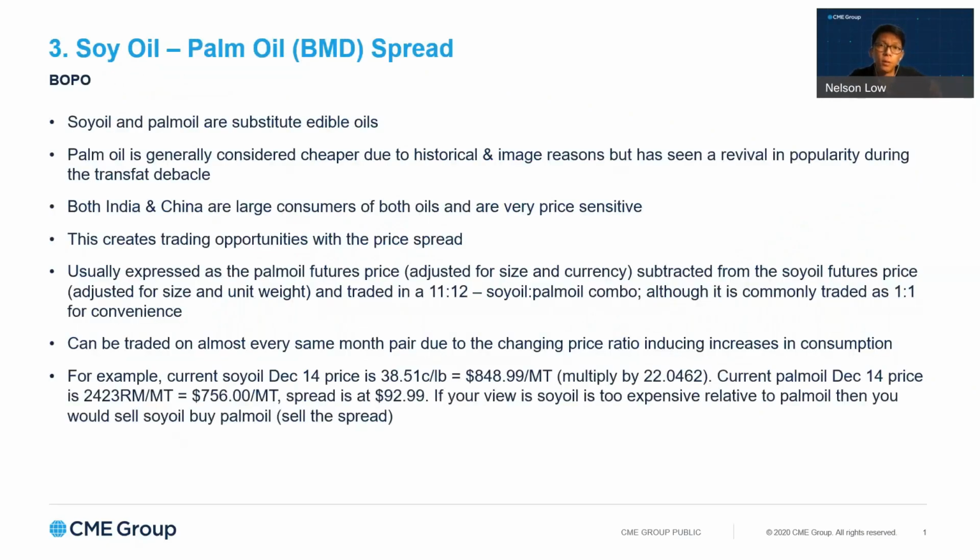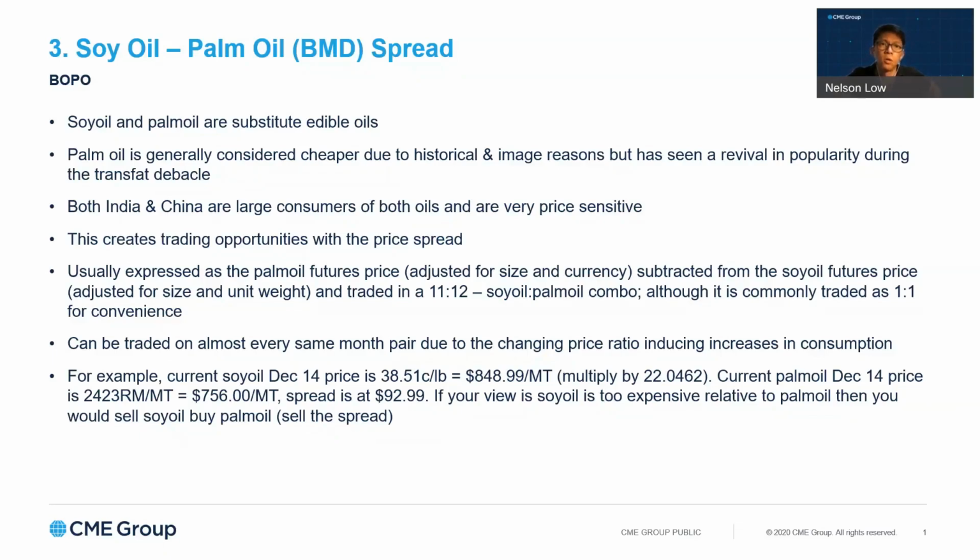Okay, so I said I wanted to talk a little bit more and give you a simpler way to understand it. It's actually pretty straightforward. Soybean oil and palm oil, the 2 biggest edible oils in the world, are somewhat substitutable. If you were to produce a biofuel, you could use soybean oil to make soybean biodiesel. You could use palm oil to make palm oil biodiesel. They're substitutable. Even in the cooking marketplace, you could use soybean oil to cook your food. You could use palm oil to cook your food as well. So they compete. They're substitutable oils.